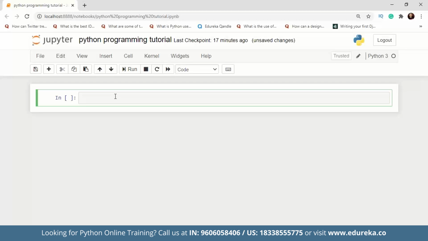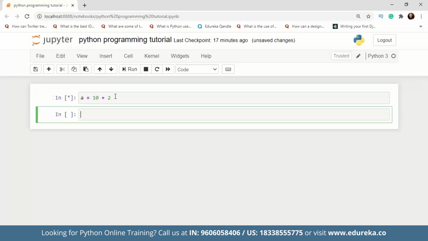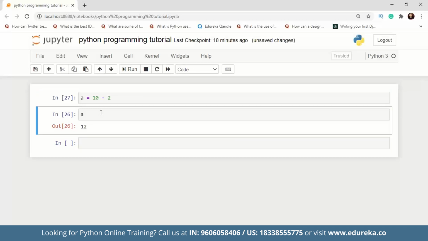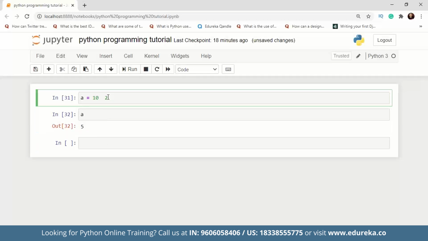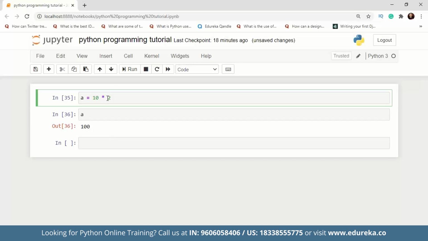All right guys, so the next in line are the arithmetic operators. The first one is very easy, guys. We can write 10 plus 2, addition of two numbers, and the result is 12. Instead of addition, we can do subtraction, and instead of subtraction, we can do division. So just look at the difference, guys. Now when I do the floor division, we do not have a float value. That is the difference between division and floor division. We can do the multiplication using an asterisk, and if I use a double asterisk, it will give me the exponentiation, 10 to the power 2. And yeah, these are all the arithmetic operations a beginner should be aware of for now.